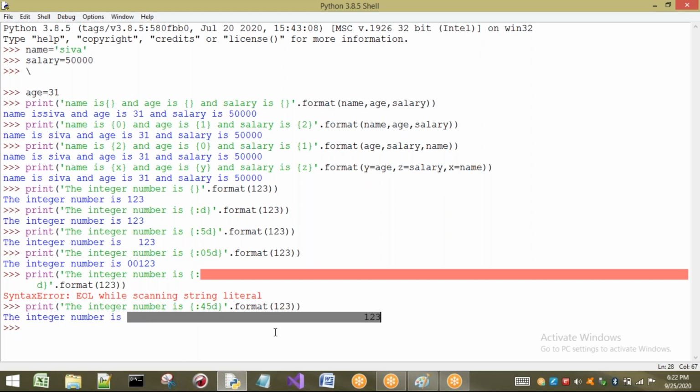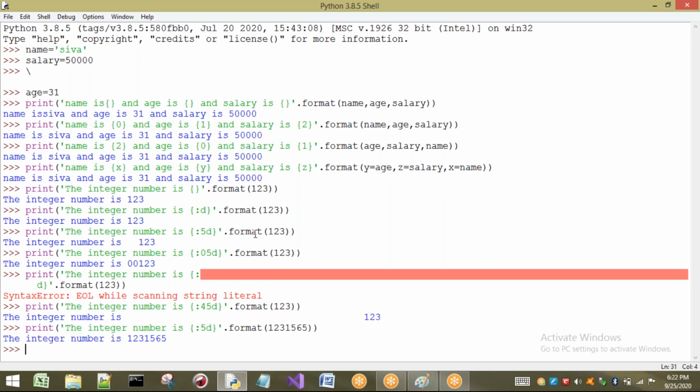Okay. Right. Now, let us take some other value here. I will take the same concept and print some values. So see here. It is going to print the entire thing. That means it is going to print a minimum of 5 characters. You have to observe one thing: sir, here you told that only 5 characters will be printed. Not only 5 characters, 5 characters will be printed compulsorily. Minimum of 5 characters. It indicates what? Minimum of 5 characters it will print.